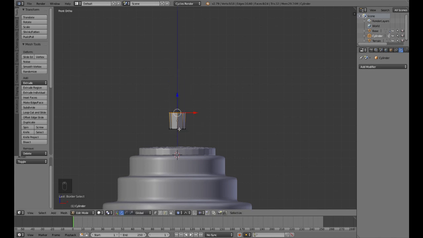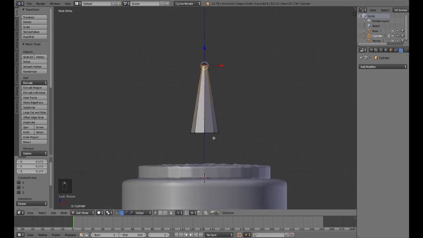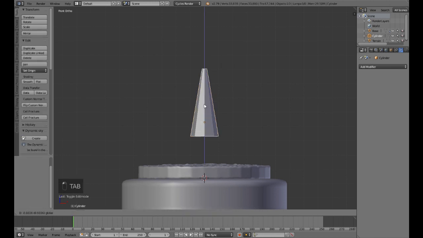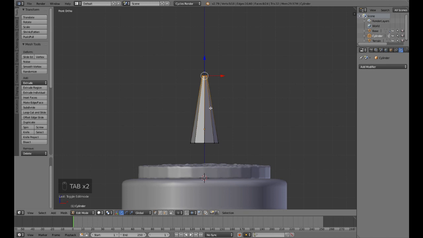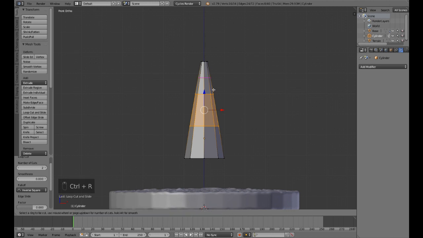Oh, I'm sorry, my proportional editing is turned on. Let me turn it off. Dragging it along the z-axis, I will just scale it down like this so that it gives a conical shape to my structure here, and I'll be adding some loop cuts here. Maybe 2 is enough for it, and then again I'll be adding some loop cuts here and scale it up